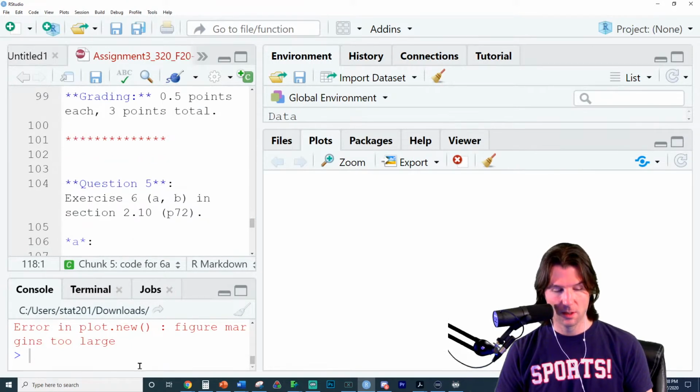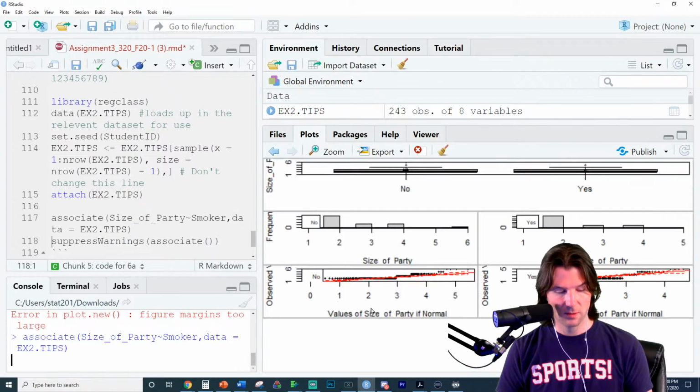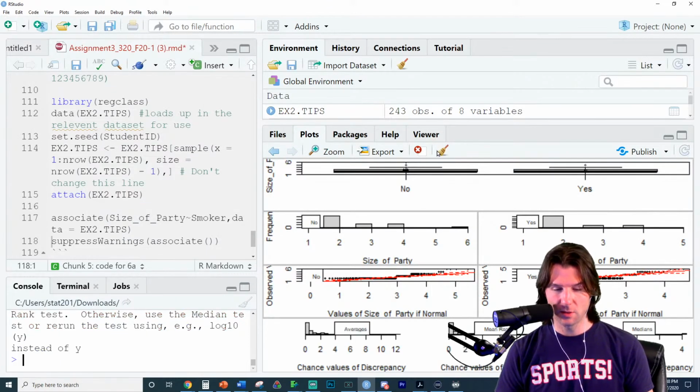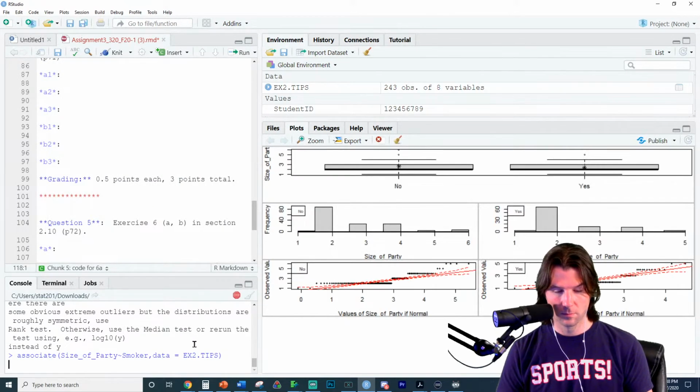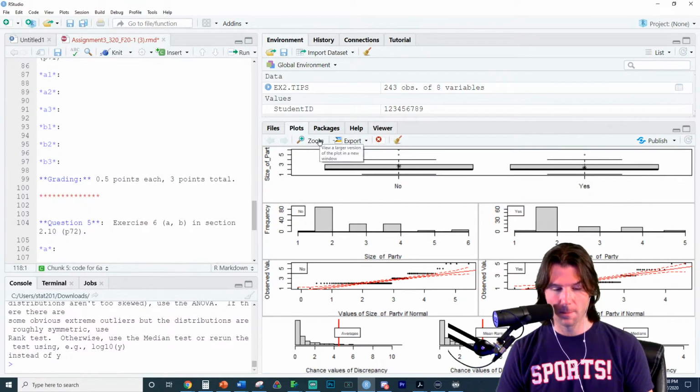We'll rerun the code again. And figure 2 large? Was it because of the font size? There it goes. I didn't know font size controlled that much. Maybe it doesn't. I don't know.